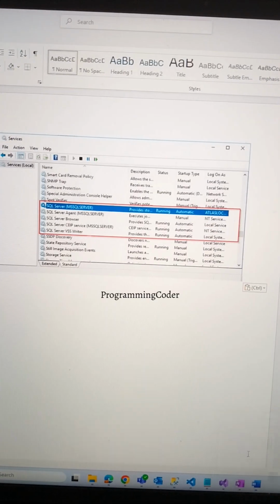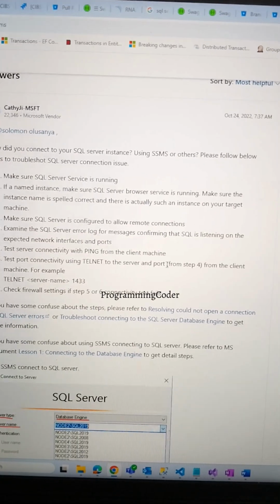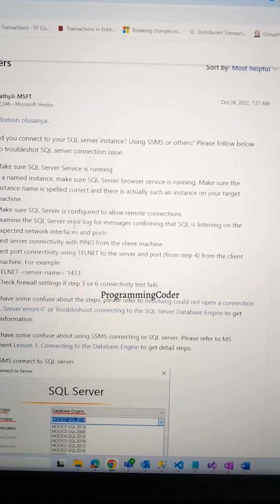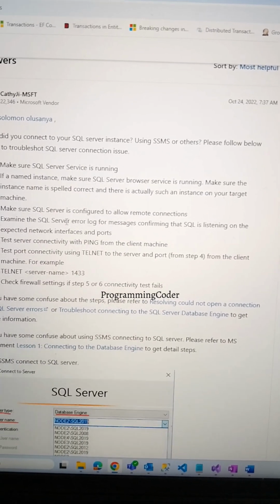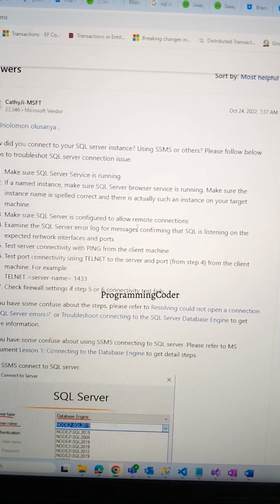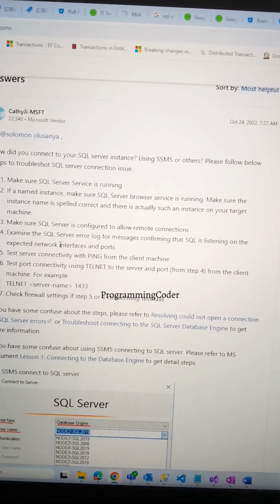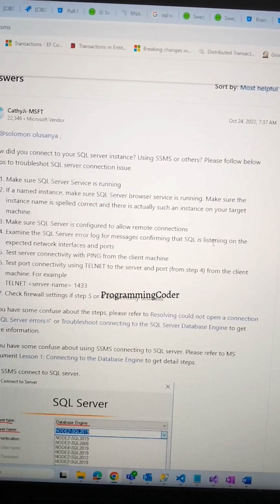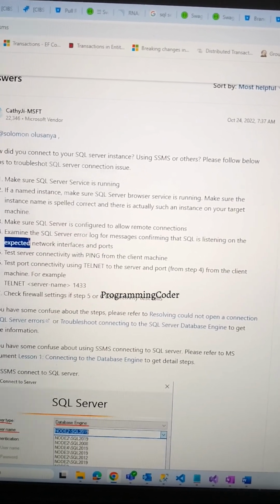The next step is to examine the SQL Server error log to check SQL listening, meaning you need to check the SQL Server logs to see which port SQL Server is listening on. If we are remotely accessing on another port, giving an extra port, then there is a problem.